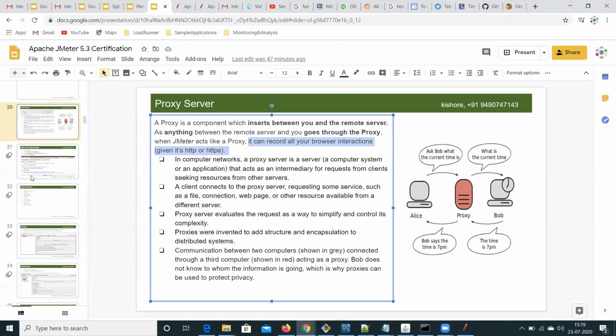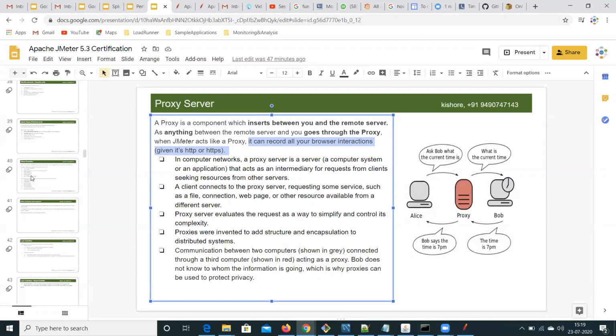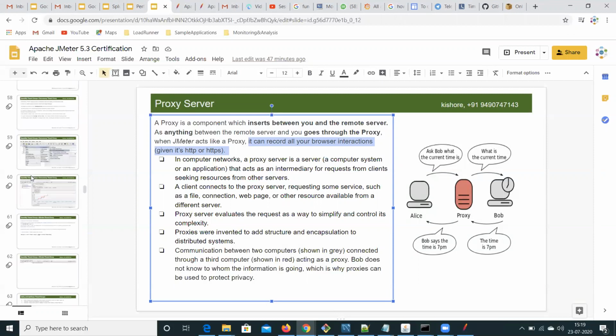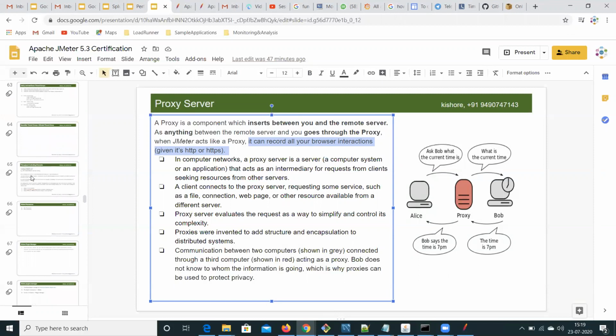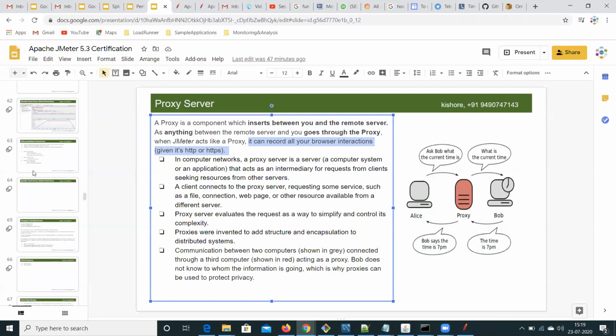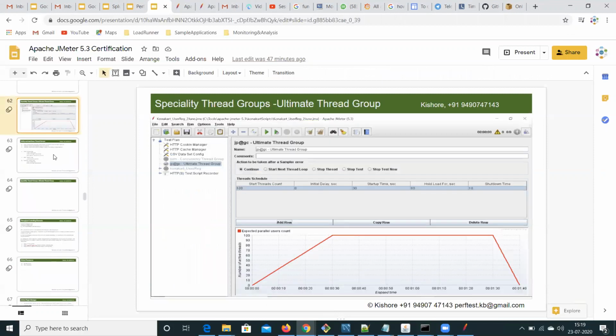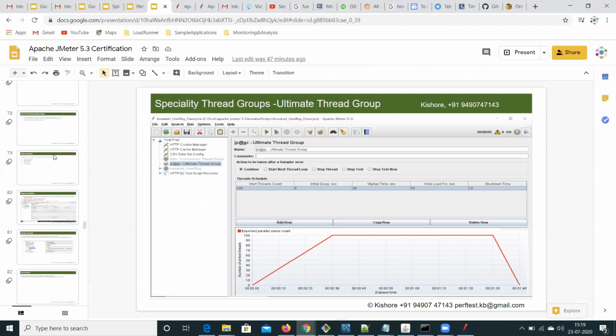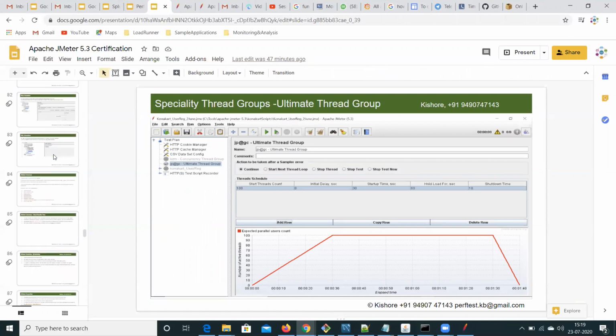All right. So there are a lot of slides as part of this JMeter certification training program, which we'll be seeing in the training sessions.